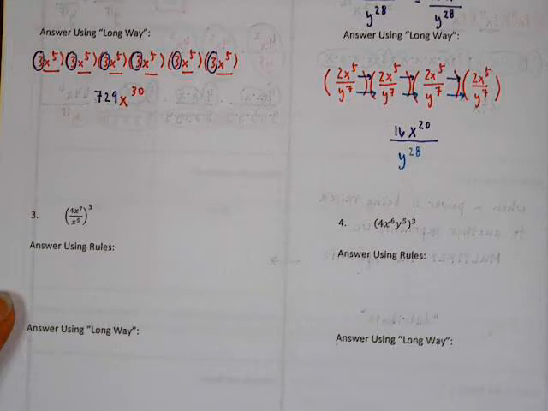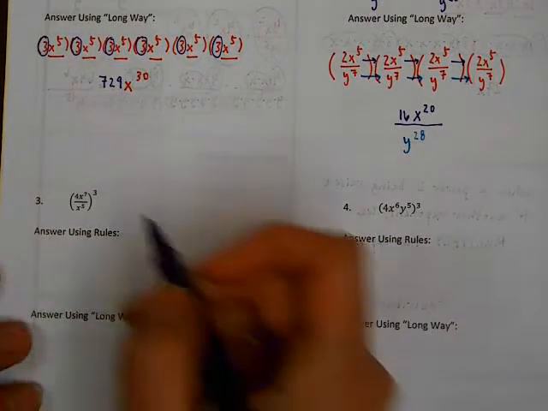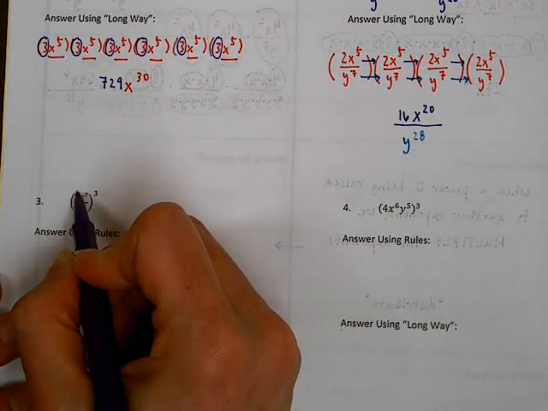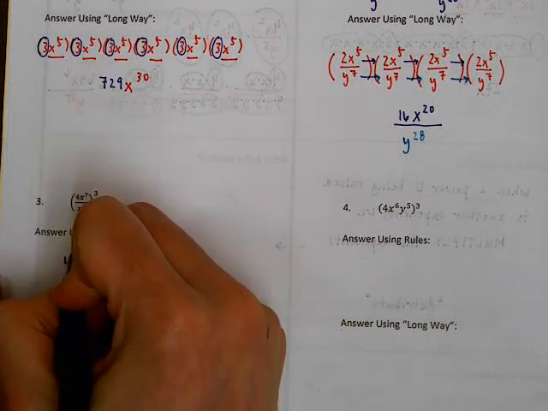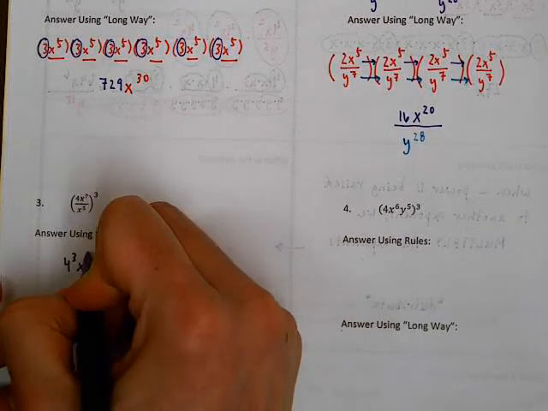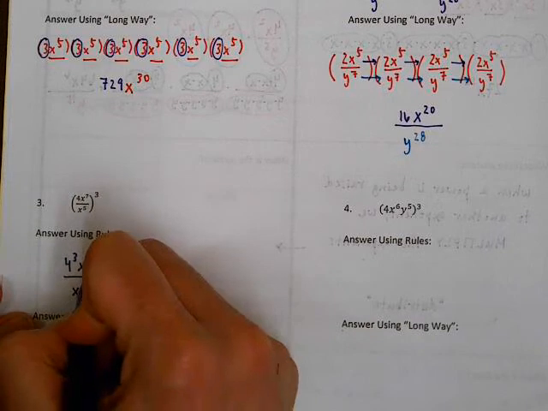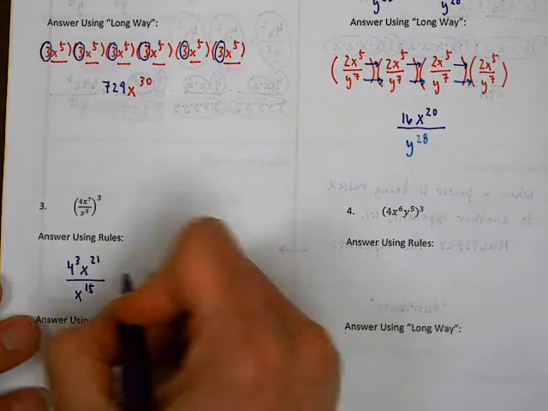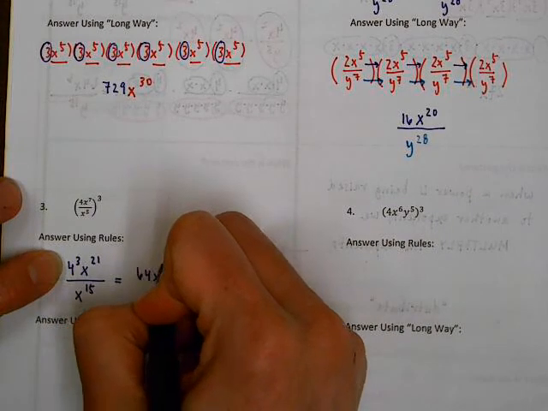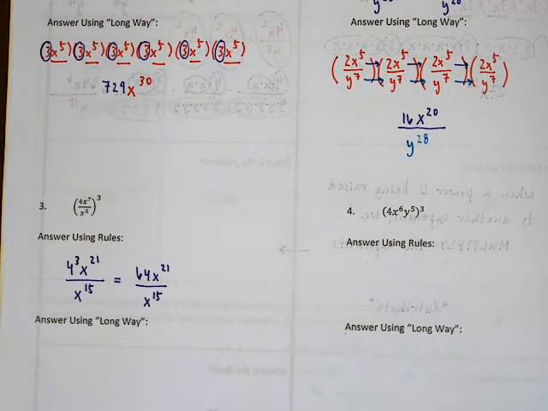All right, now the last two, we'll just do these using the rules. So again, I'm using my power to a power, so I'm going to multiply those exponents. So I have 4, the exponent is 1. So 1 times 3 is 3. For x, my exponent is 7. 7 times 3 gives me 21 over x to the 5 times 3 is 15. So if I evaluate this power here, I get 64 times x to the 21 all over x to the